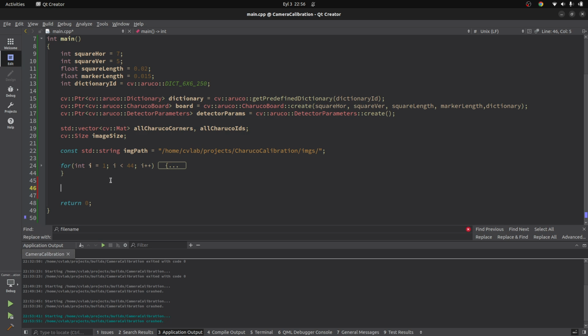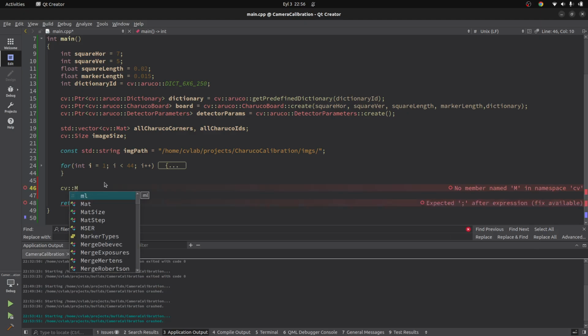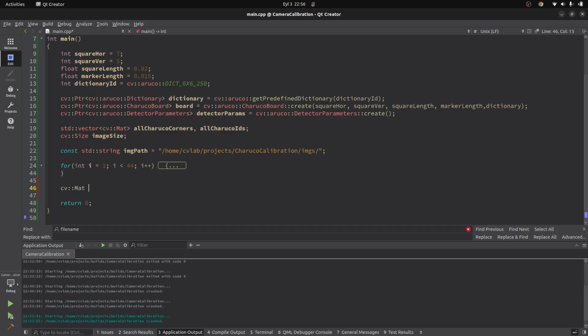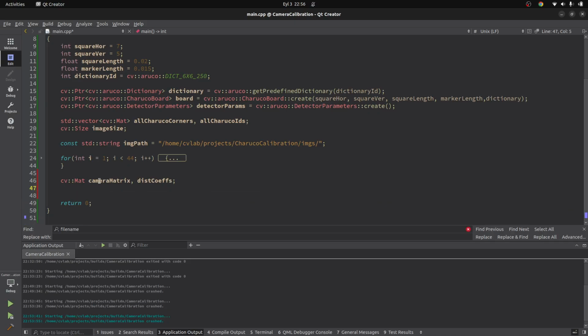So here we need to get camera matrices and distortion coefficients, which are both again gonna be in the type of Mat. If you are working with OpenCV, everything is mostly in the Mat type. Distortion coefficients, we can call coefs. Okay, so also we need the rotation vectors and the translation vectors. So rotation is basically about the